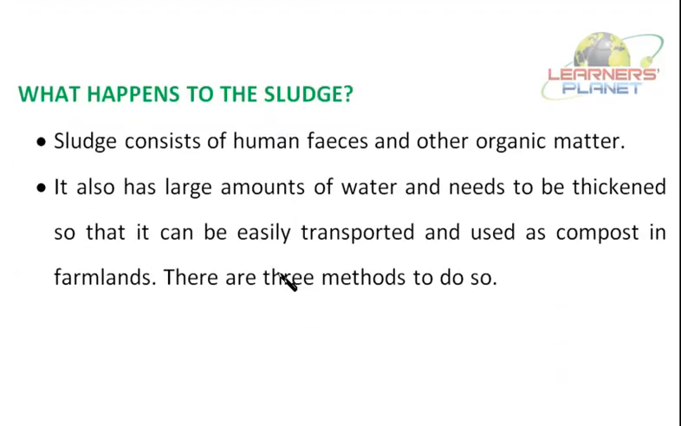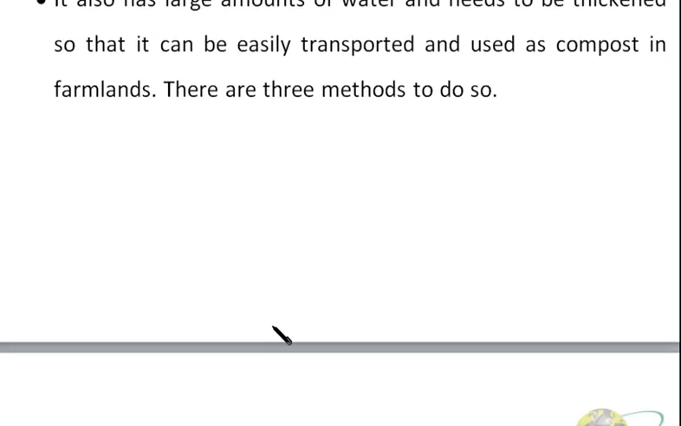After that, we also saw in the flow chart that some of the solid particles are disposed of, right? So what happens to the sludge which remains? Yes, we know that sludge consists of human feces, solid particles, and other organic matter too. It also has large amounts of water, and it needs to be thickened so that it can be easily transported and used as compost in farmlands. So there are 3 methods to do so, right? And these 3 methods are